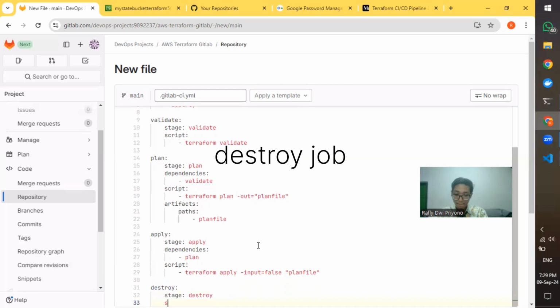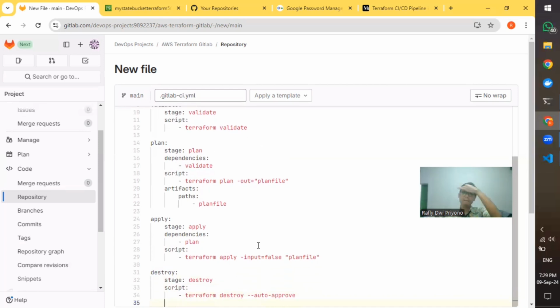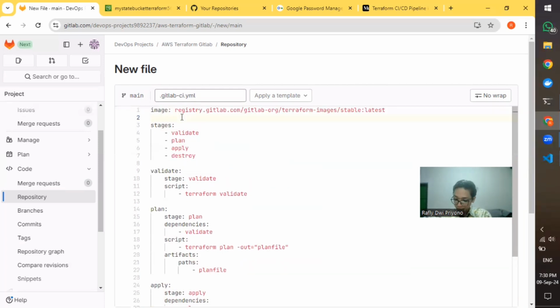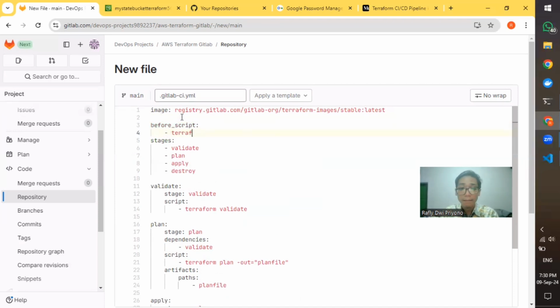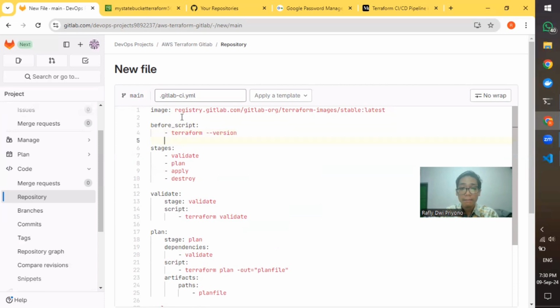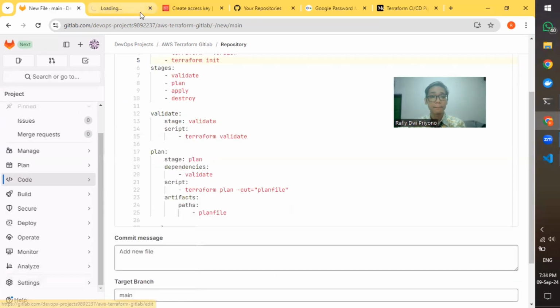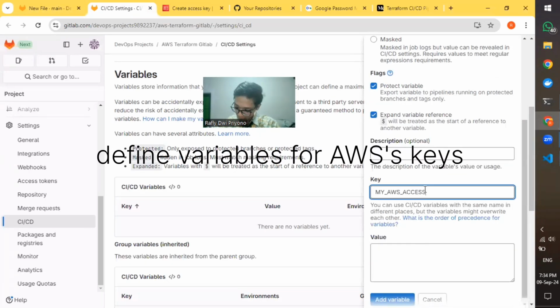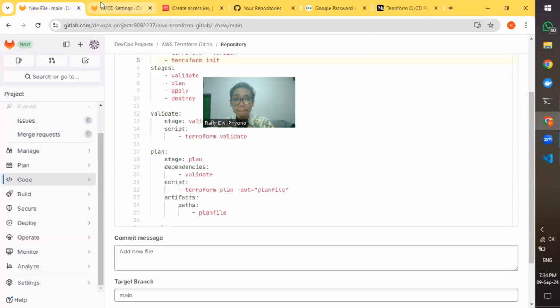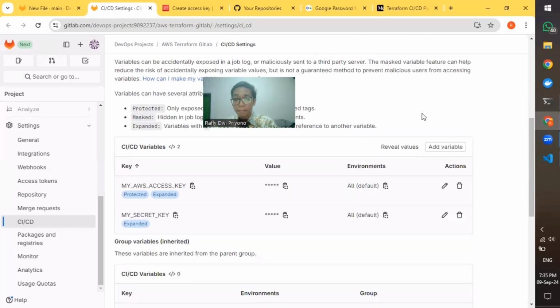Before running the commands, we need to make sure Terraform is installed and also initialized. So what we need to do is add a before_script, and it will run before the pipeline starts. To let GitLab know which AWS account we want to create the infrastructure in, we need to use our access key and secret access key from the IAM user in the AWS console.